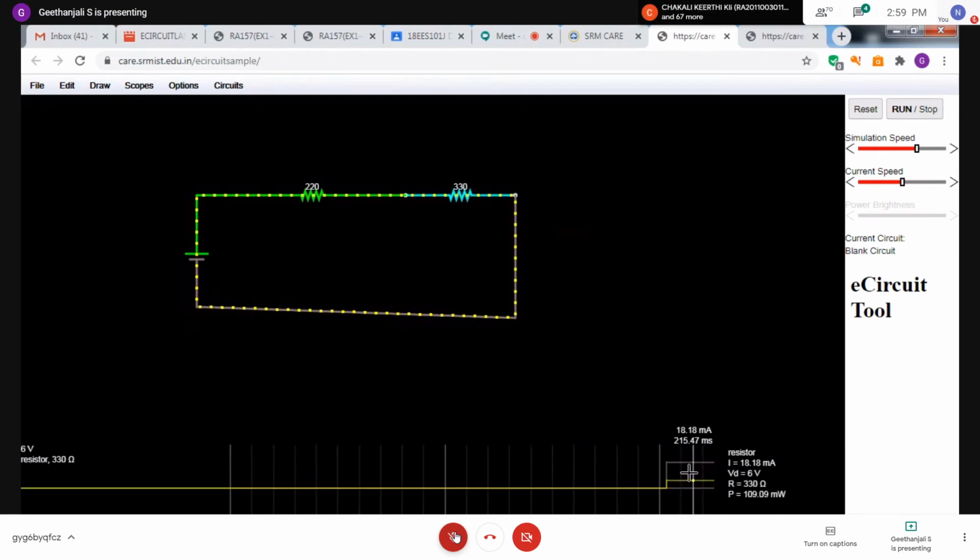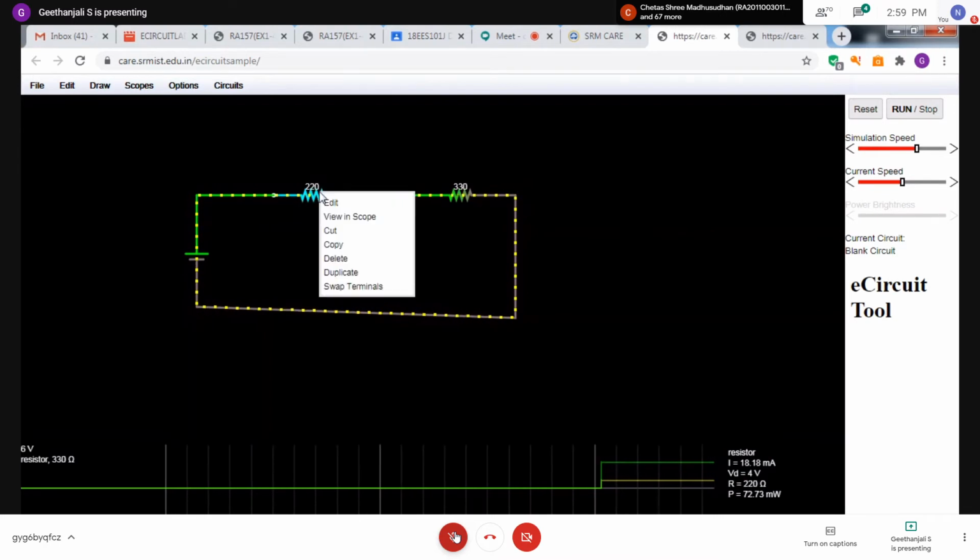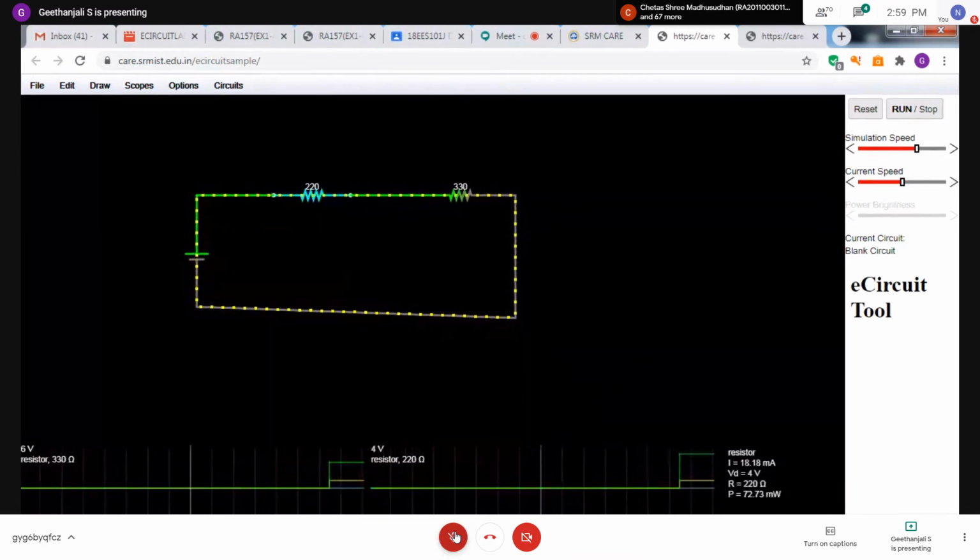If you want to see in the scope, right click and choose view in scope. Then you can see.